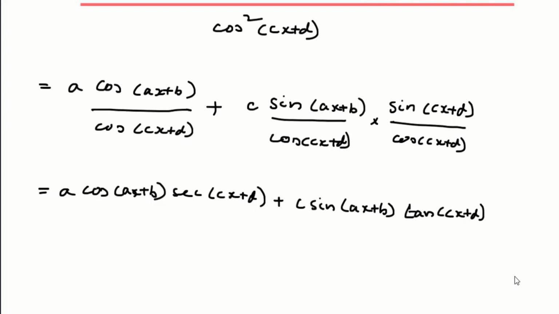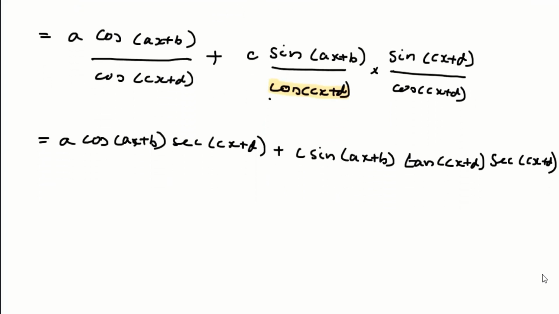Again this cos denominator I haven't used, so this comes to the numerator again as secant of cx plus d. So this is the final answer. Is that clear? So now let me move on to the next sum, question number 6 again, which is a very